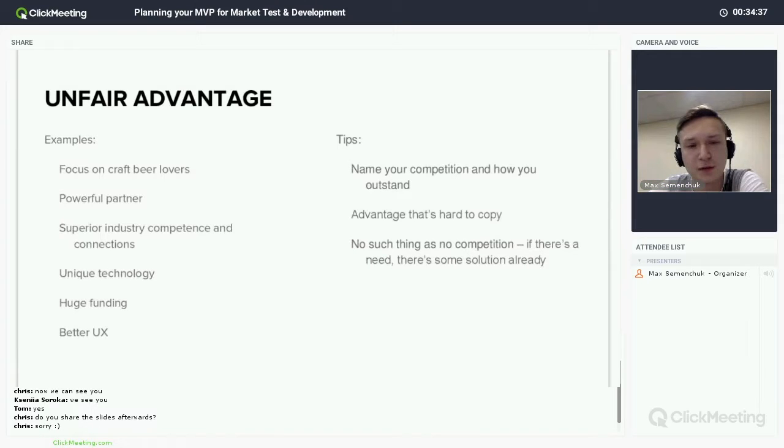So it describes something that your competitors cannot easily copy. If you think, we'll just do a good product, or we'll hire a great designer, it's usually not an unfair advantage. If another company that you compete with also hires a designer, would it be hard for them, or is it something trivial? If they add the same feature you have, would it be easy or hard?